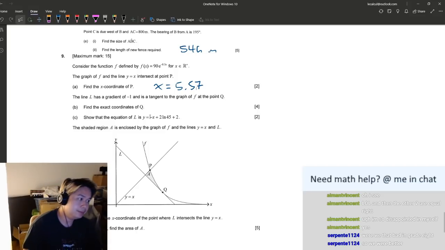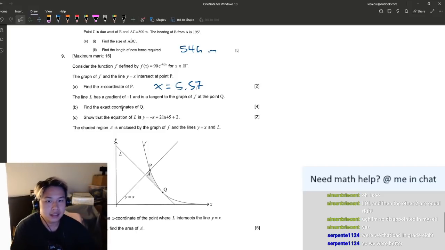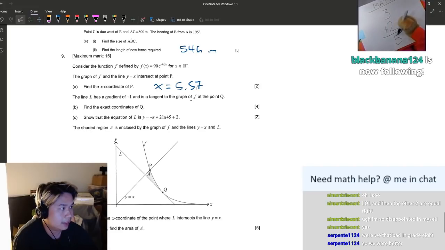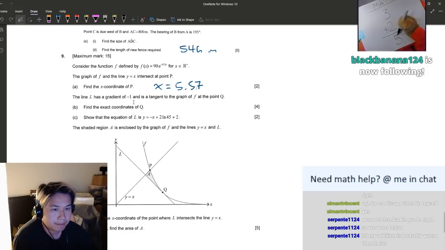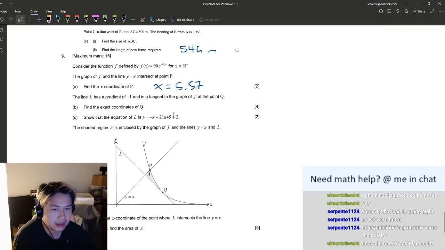Okay, now, some line has a gradient of -1, sure, and is going to be tangent to the graph of f at a point Q. Find the exact coordinates of Q. Sure, okay, so because the gradient is -1,